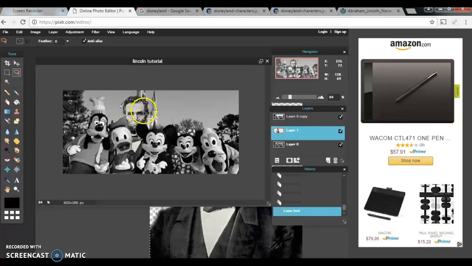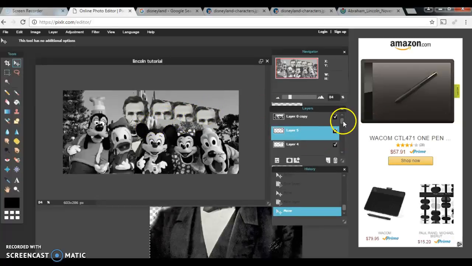And so if I were to copy that and paste it, you can see that we now have a new layer. It's hidden behind Mickey right now, but we now have multiple versions of Lincoln's head. And I could paste that over and over if I wanted to start creating a pattern or a repetition of a scene with Lincoln. But I don't actually want that, so I'm going to go ahead and trash each of